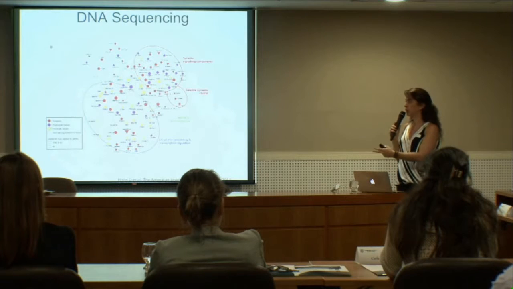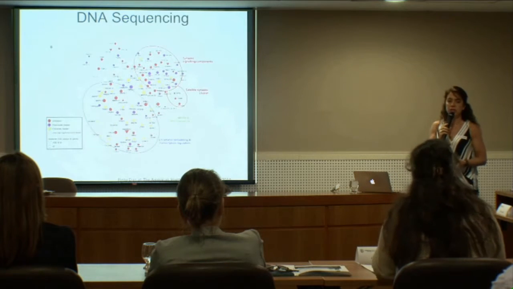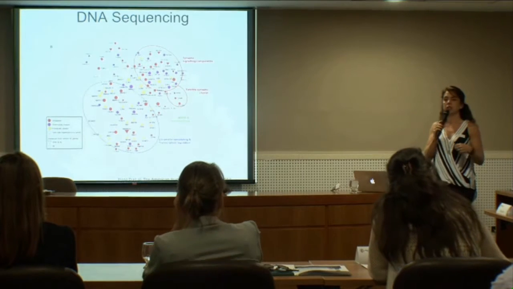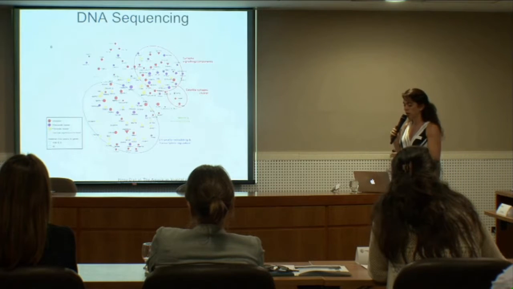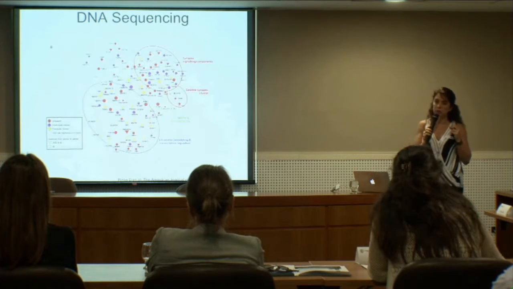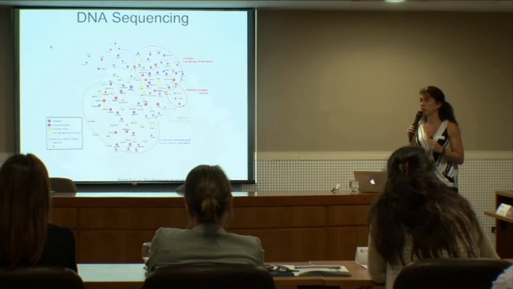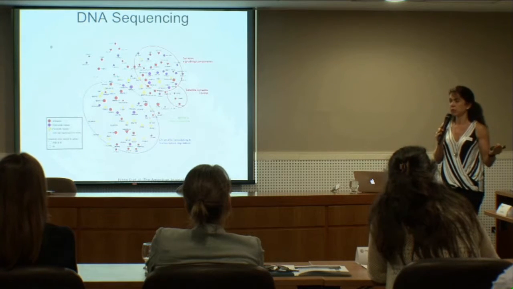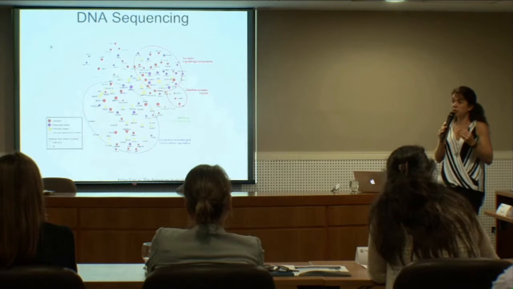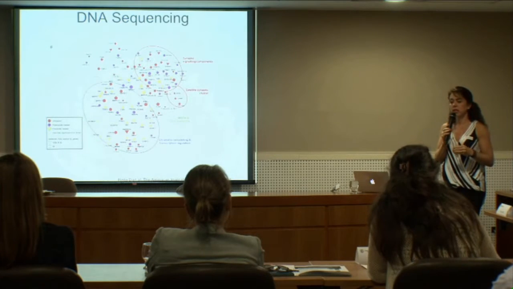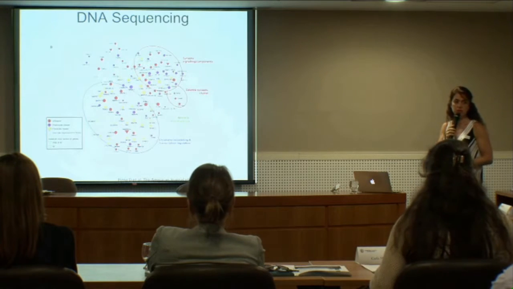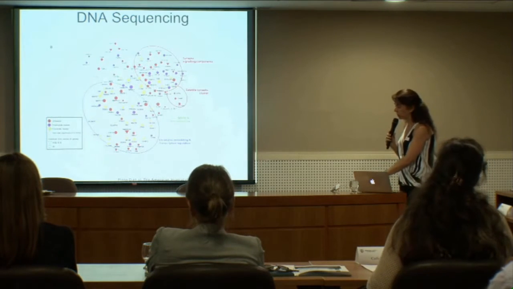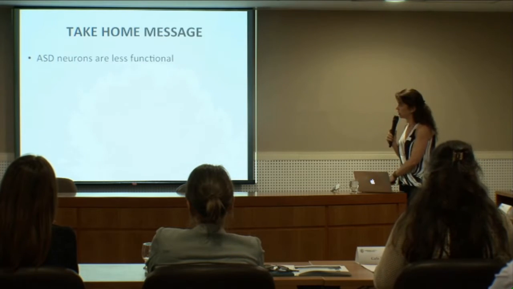Of course, we combine all of this data with the genetics, so we know exactly which genes are impaired in our autistic patients. But at this point, that is not relevant, because the patients are genetically different, right? But even being genetically different, they have the same clinical symptoms and the same biological phenotype when we use this methodology. So this is something interesting to comment.